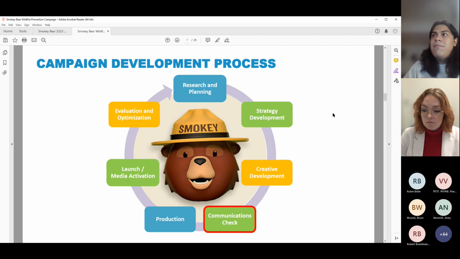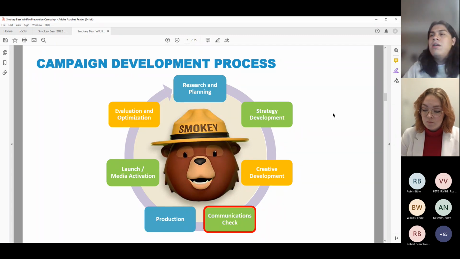Which leads into the strategy development. And this is the piece where we start to tie in those partners such as FCB mentioned earlier to figure out what's the best way to reach our audiences and ultimately leading to the creative development. So this is when FCB fully comes in and takes control over making the creative concepts, making the new PSAs. There's obviously different platforms and ways of doing that. That could be through radio, through TV, digital banners, out of home. Not limited to those, but the creative development piece is the actual development of those concepts,